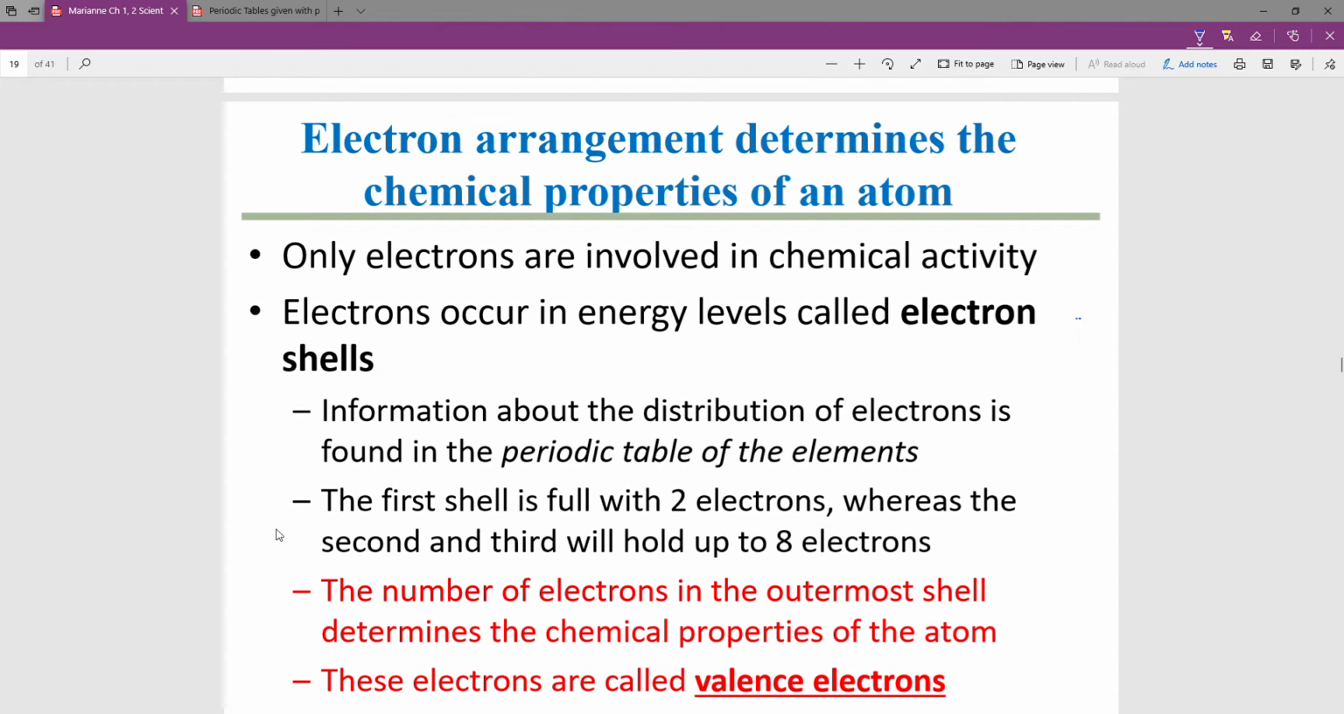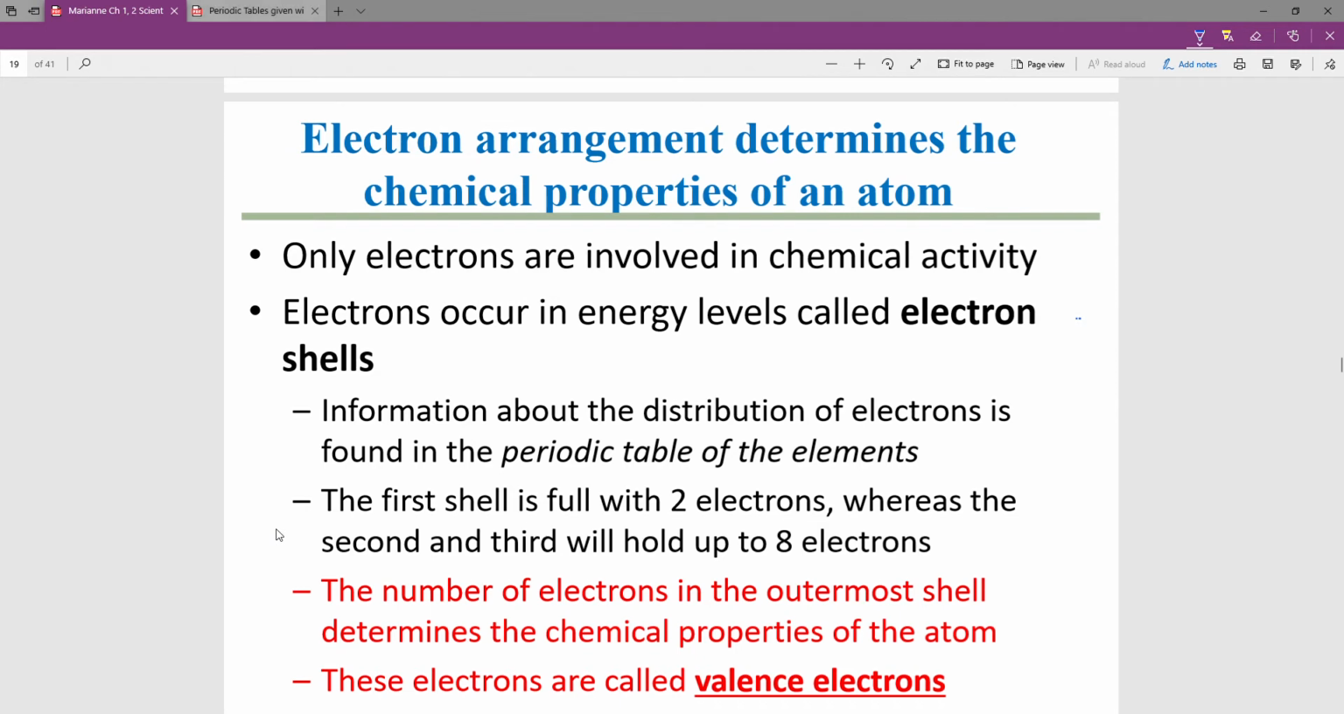Electrons occur in energy levels called electron shells, if you will. There is a difference in atomic structure, and we're going to go back to a simpler version. If you've learned about orbitals, we're going to talk about orbits, a simpler arrangement. Information about the distribution of these electrons is in the periodic table. The first shell is full with 2 electrons, where the second and third are going to hold up to 8